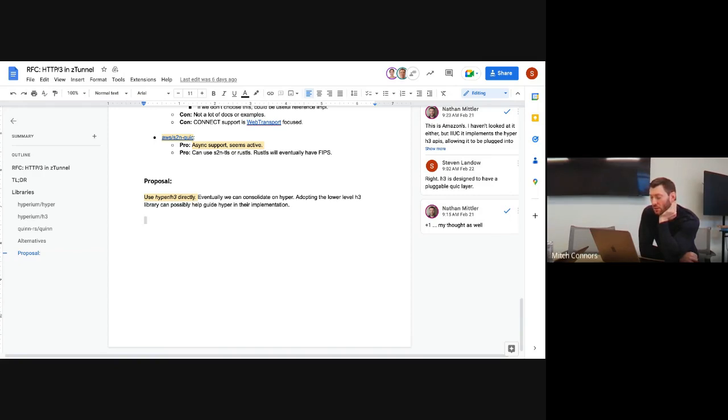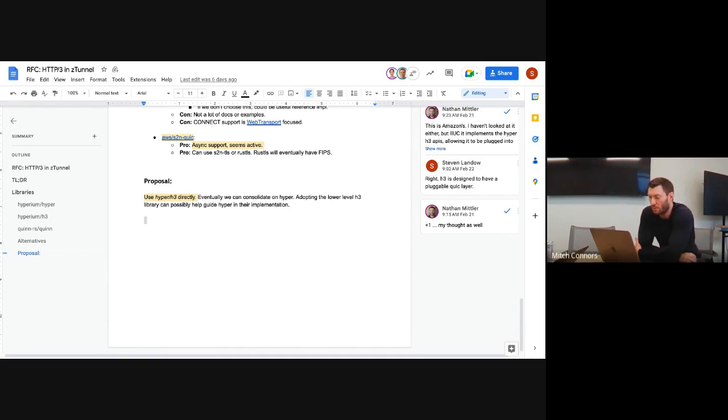And it also doesn't seem to directly support async, and basically the whole stack that we're using is async currently. It looks like Hyper, which is the H2 implementation that we're currently using, is building their H3 work on top of Quinn.